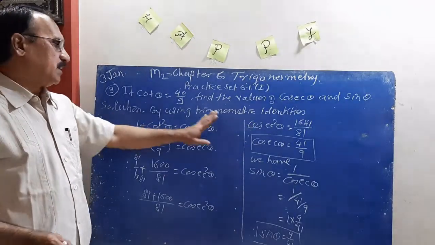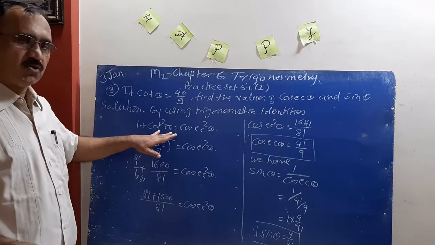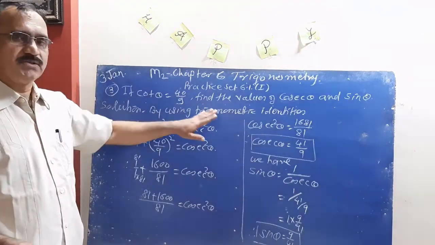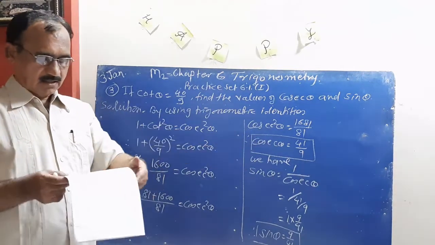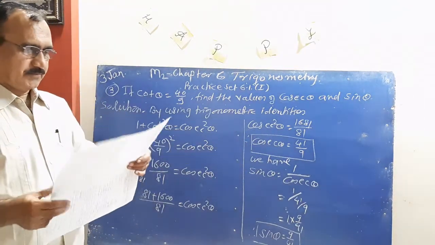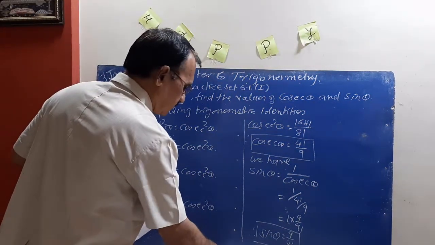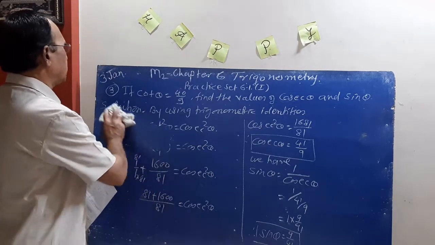Very easy. If we do not know the identity, we can use method second here also and you can find the same answer. Then any problem in this? No problem. Very easy examples are here.